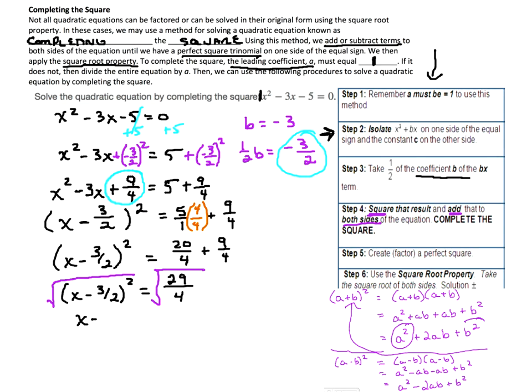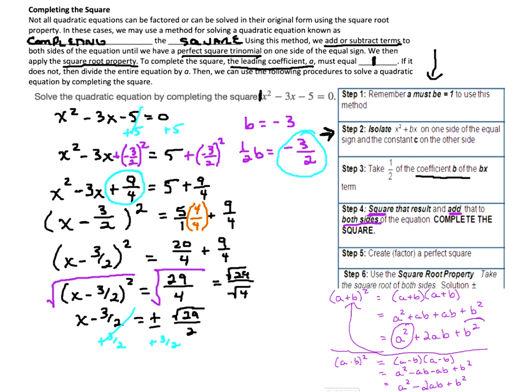The square root of (x minus 3 halves) squared is just x minus 3 halves. And the square root of 29/4 is the same thing as the square root of 29 over the square root of 4. So this is the positive or negative square root of 29 over 2, because the square root of 4 is 2. And now, when I add 3 halves to both sides to isolate my x value,